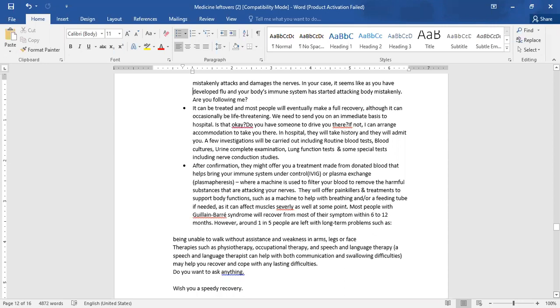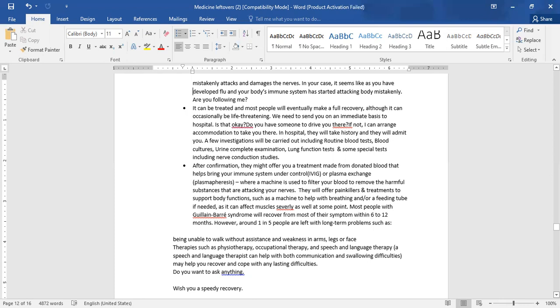Then ask, do you have someone to drive you there? If not, I can arrange transport to take you there. In the hospital, they will take history, they will admit you, and a few investigations will be carried out, like routine blood tests, blood cultures, urine complete examination, your lung function test, and some special tests, that is nerve conduction studies. After confirmation, they might offer you treatment made from donated blood, that will bring your immune system under control,